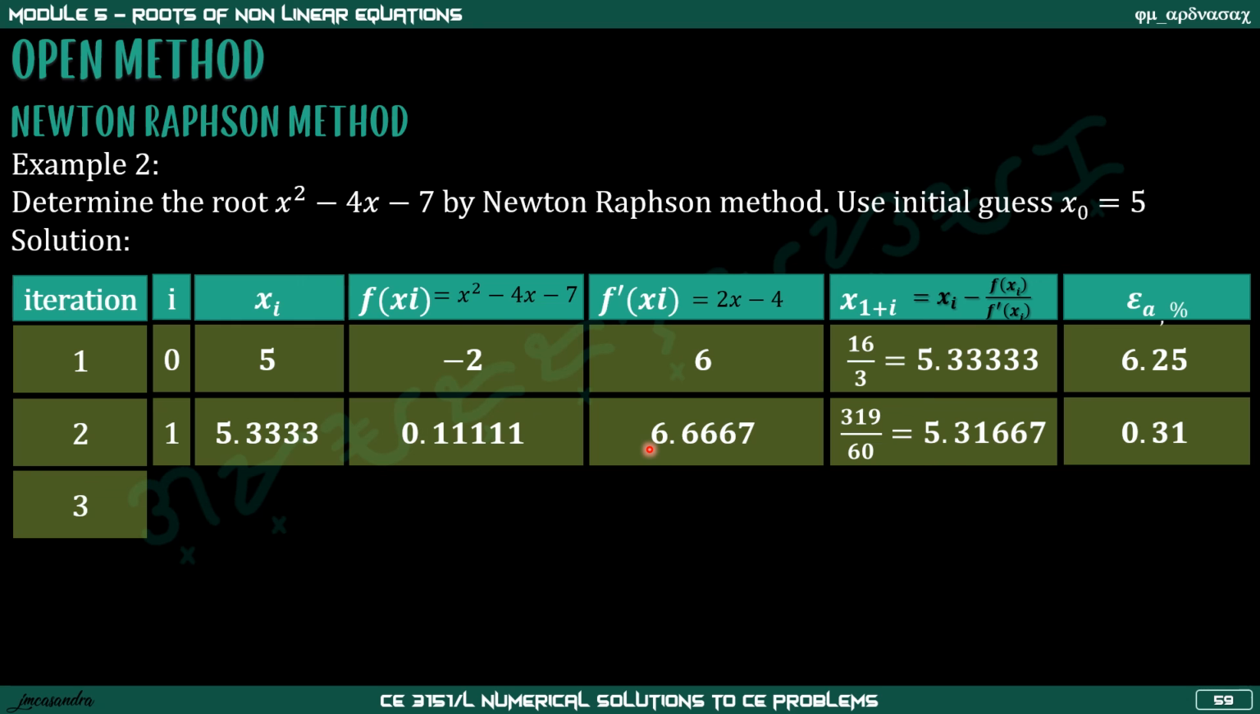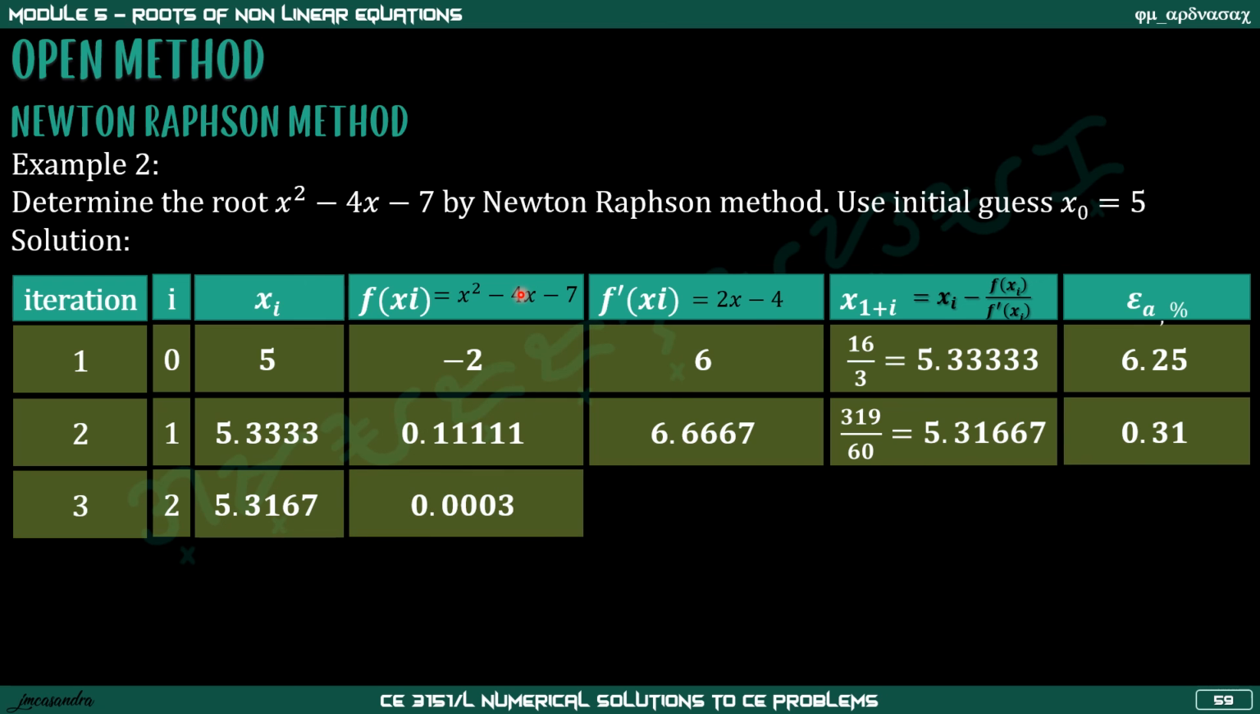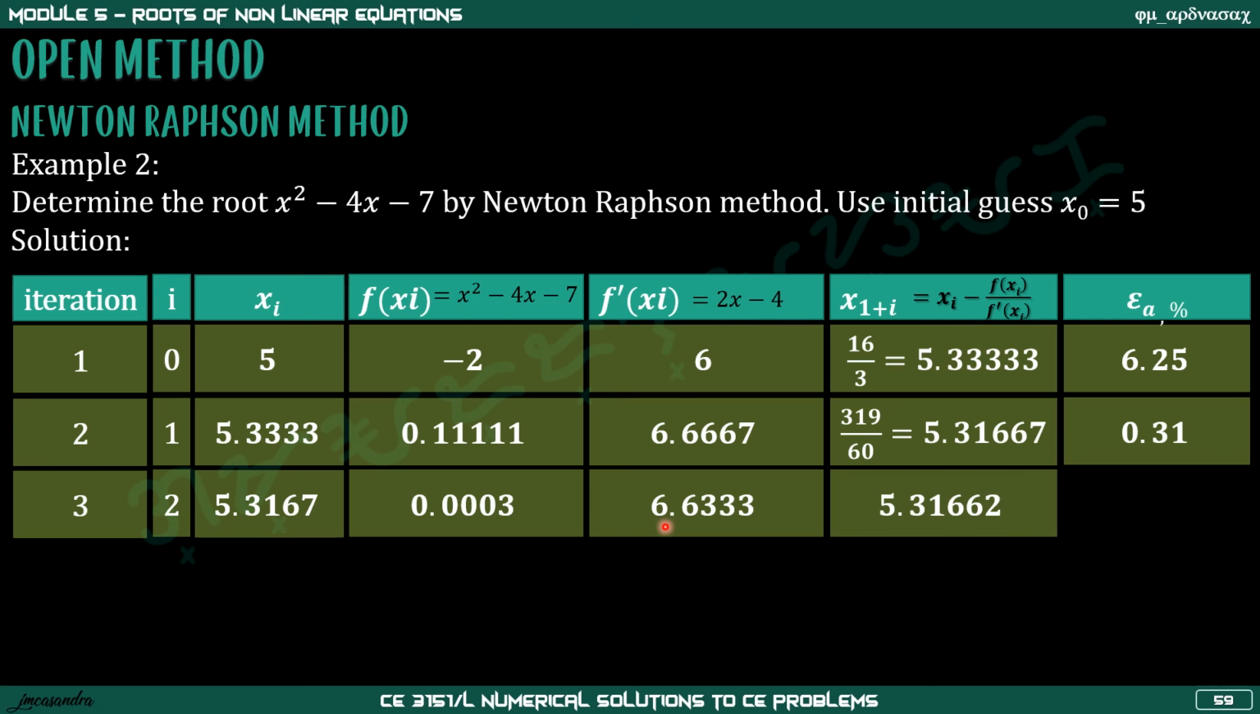Then, we move to the third iteration. So, the x that we solved earlier is what we will use as our x sub i. That's 5.3167. Substitute this in x squared minus 4x minus 7. So, we have 0.0003. Derivative is equal to 6.6333. So, we'll have 5.3167 minus 0.0003 divided by 6.6333 will give us